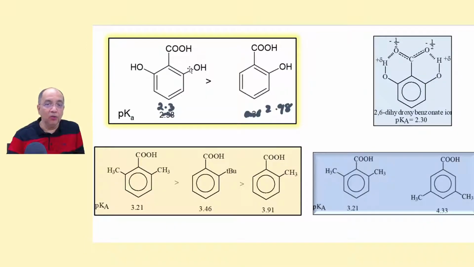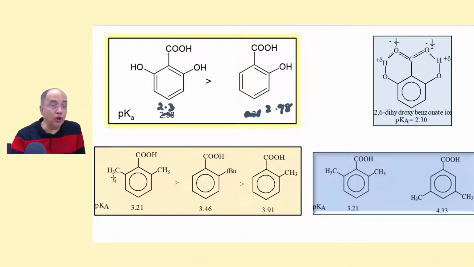So more number of OH groups will make the ortho effect a little more prominent. The ortho effect becomes more pronounced, SIR becomes more pronounced, so the acid strength increases. I've shown you how intramolecular hydrogen bonding is also a favorable factor in the ortho effect. So this is the resonance hybrid of the carboxylate ion, which is in an intramolecular H-bonding state on both the sides. That will stabilize the corresponding conjugate base, the benzoate ion, to make it more acidic.